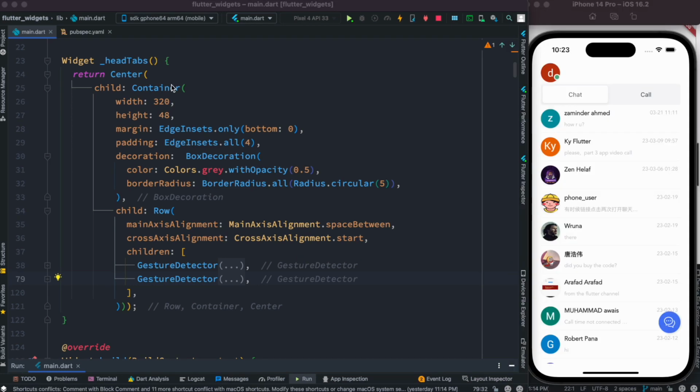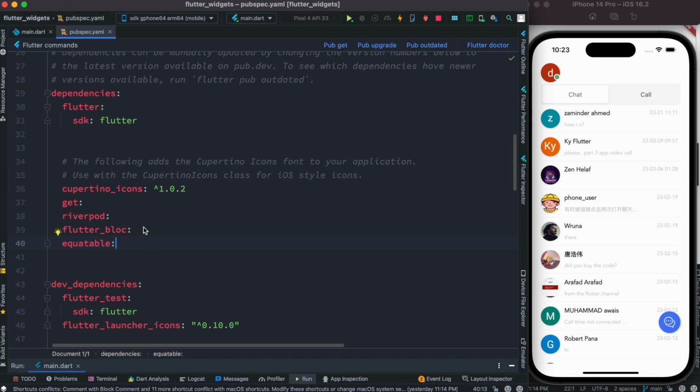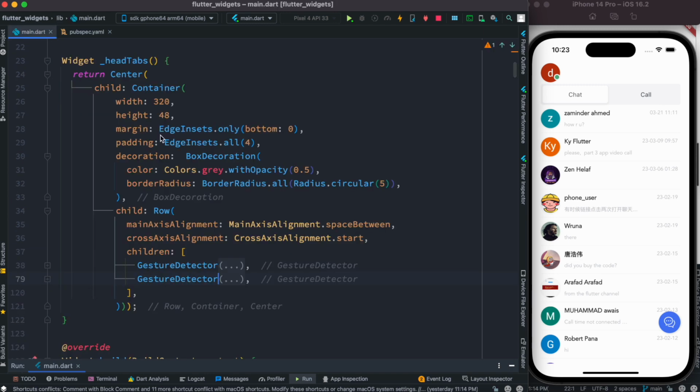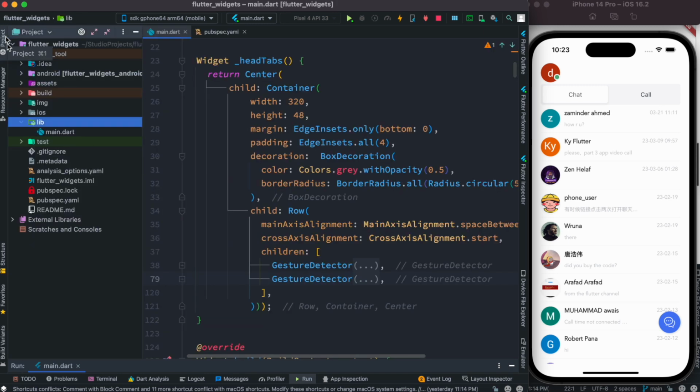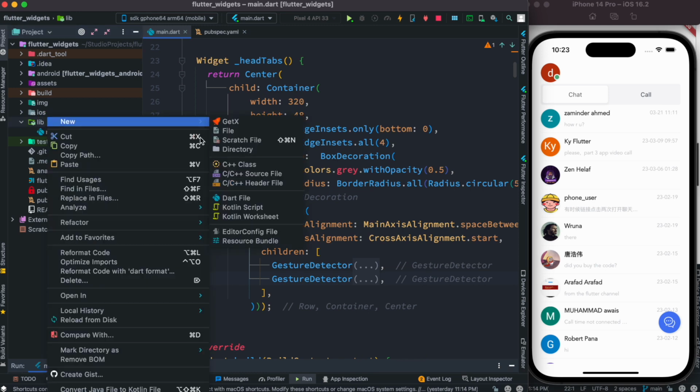Okay, and this toggling would be done using Flutter BLoC. So make sure that you have these two packages, Flutter BLoC and Equitable, installed. All right, now the first thing we want to do is go ahead and create a new file over here, and we're going to call it data